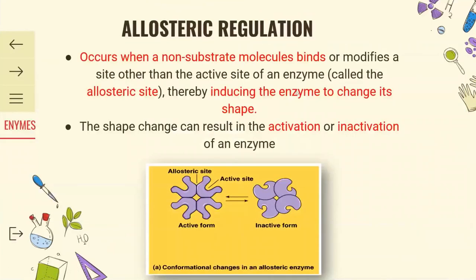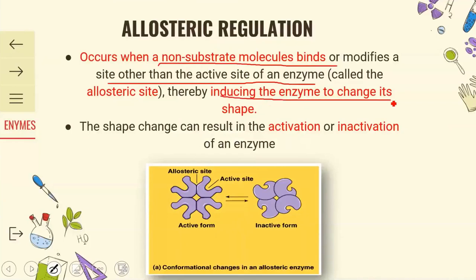Okay, next is allosteric regulation. Allosteric regulation is a regulatory mechanism in which a non-substrate molecule binds to a site other than the active site of an enzyme, and then it will induce the enzyme to change its shape. The non-substrate molecules are allosteric regulators, such as allosteric activators and allosteric inhibitors. The allosteric regulators bind to the allosteric site of the allosteric enzyme, and then it will stimulate the enzyme